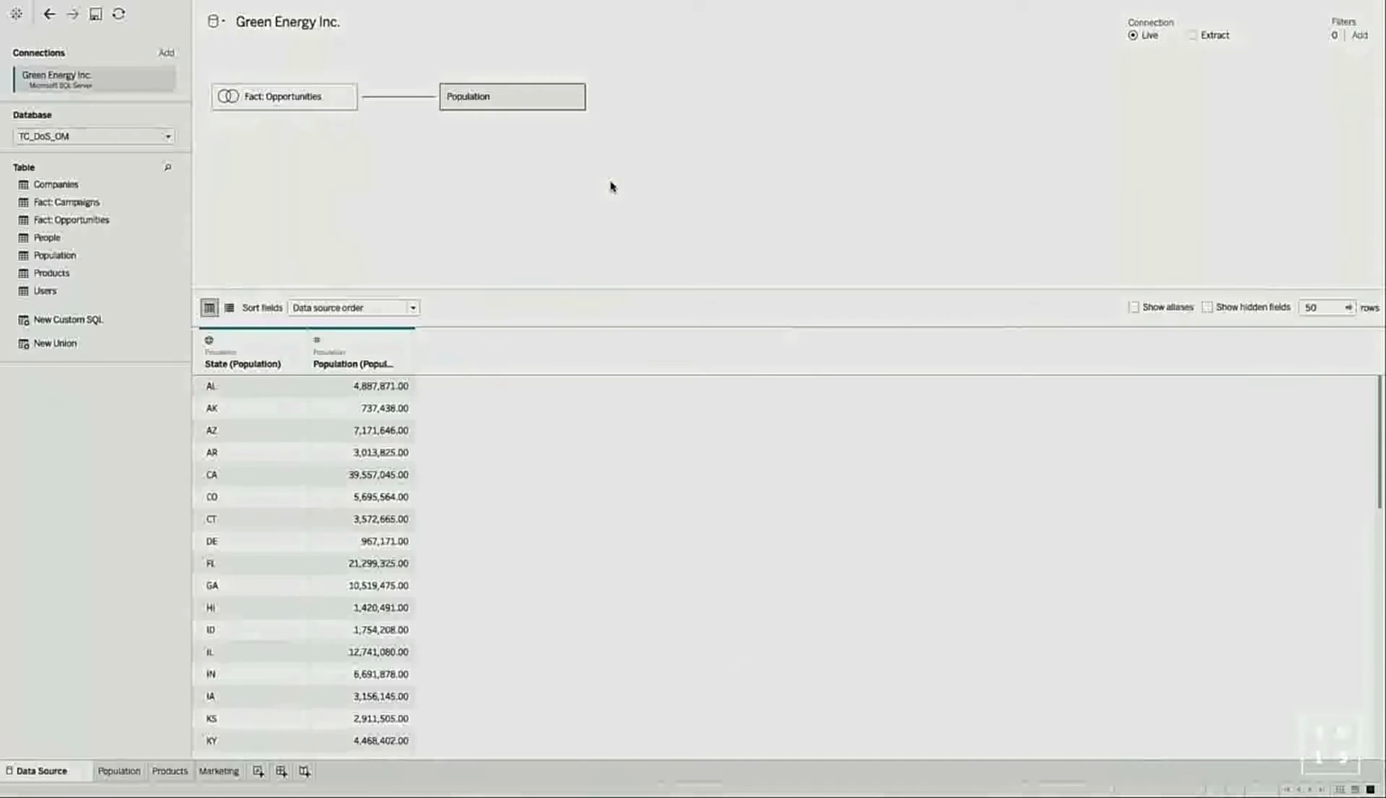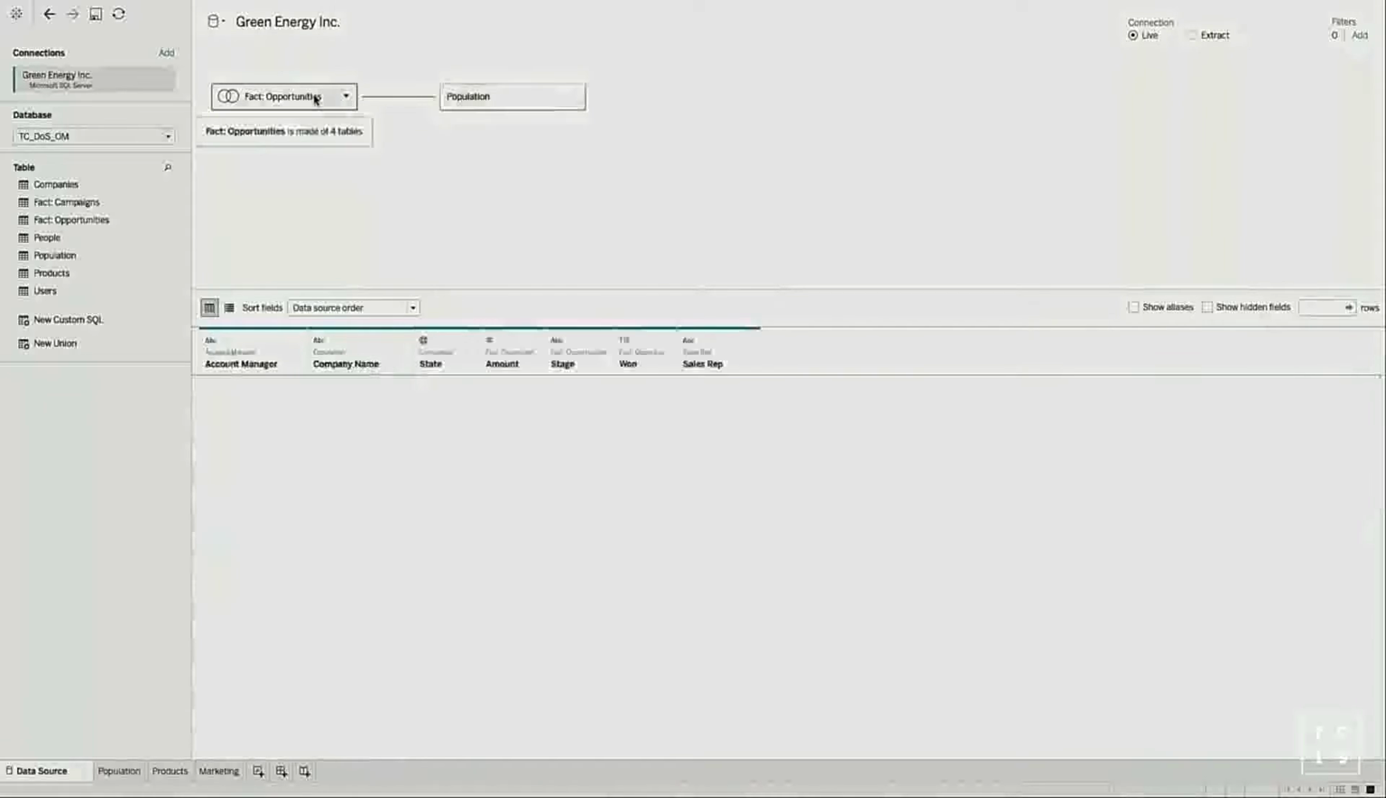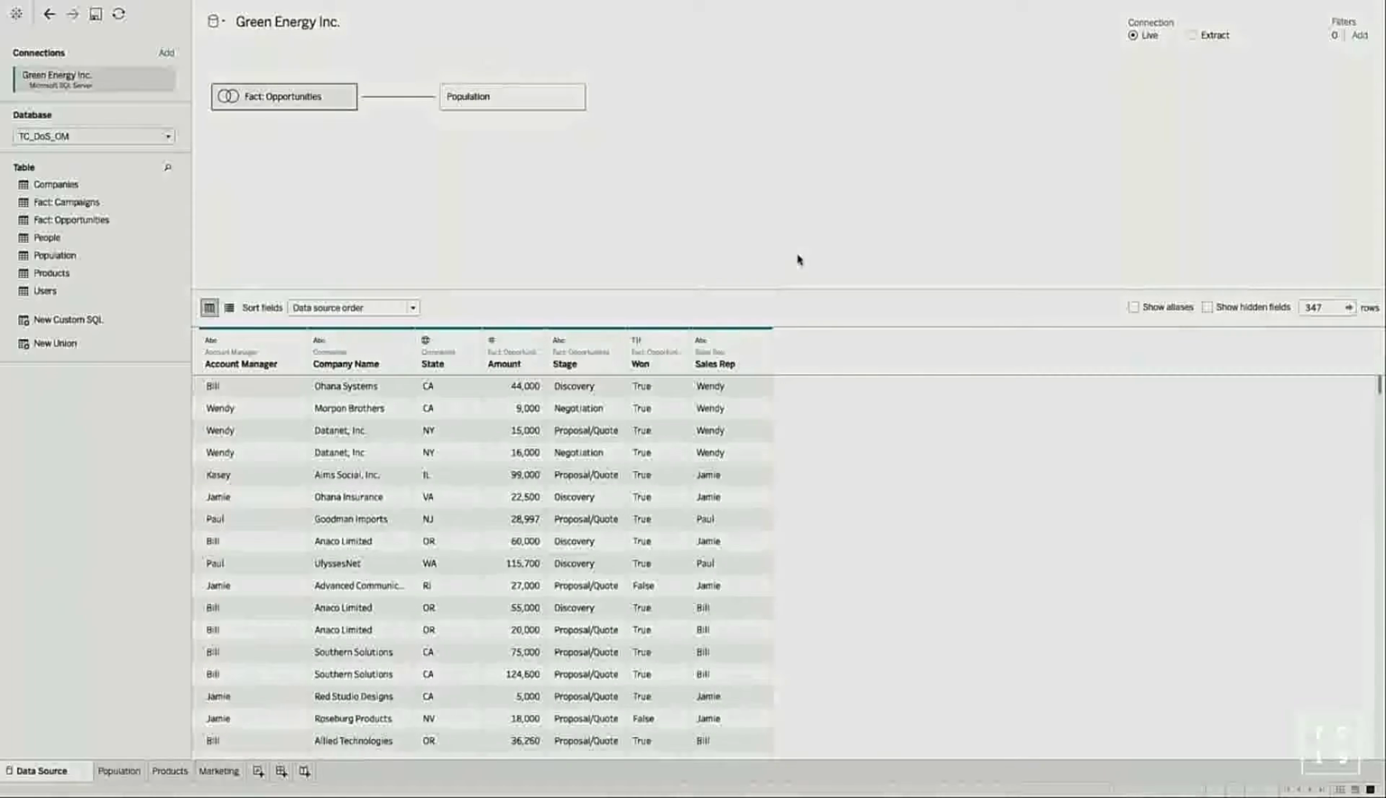The tables are not yet joined. In the data grid below, I can see that each one has its own columns and rows. Instead of forming that join now, the relationship defers the join to viz time. I don't have to decide,